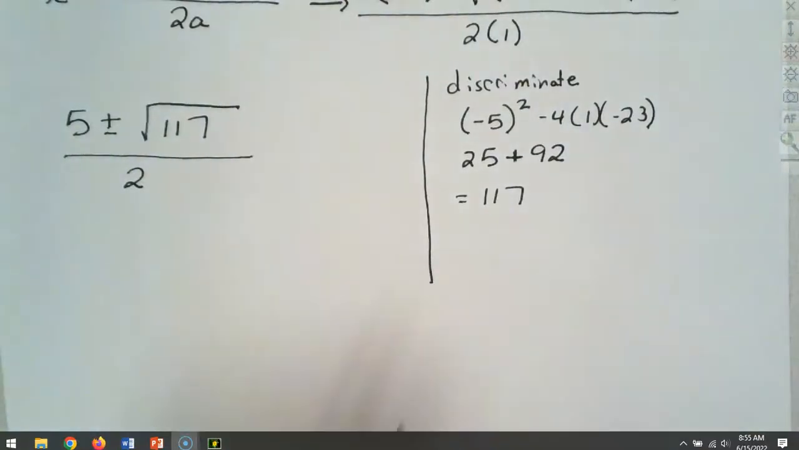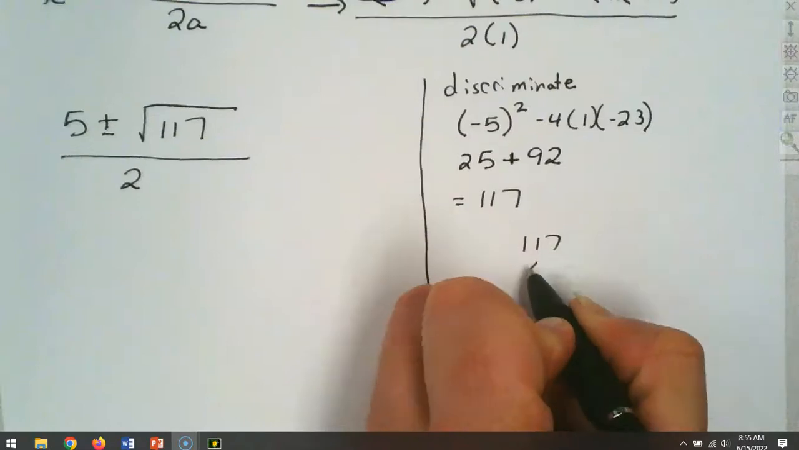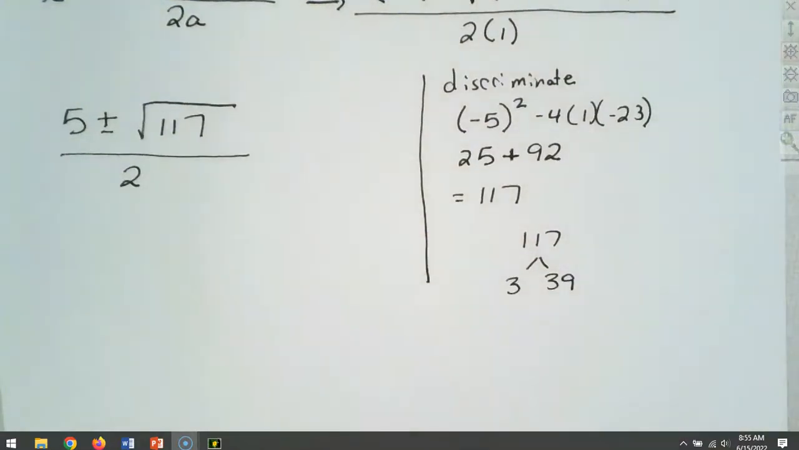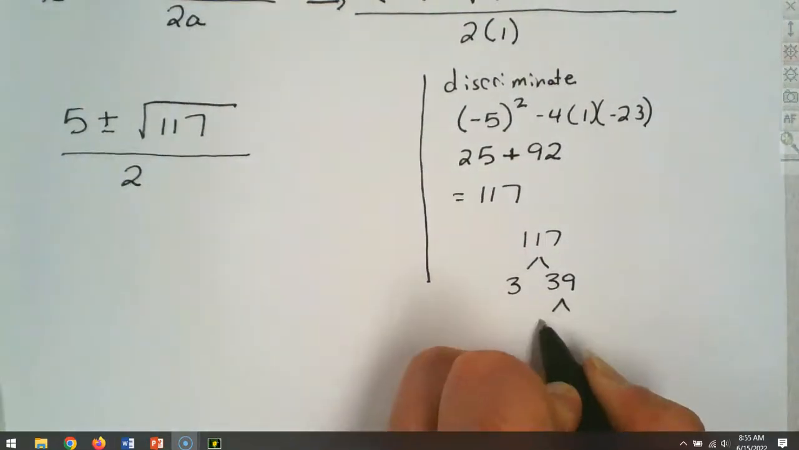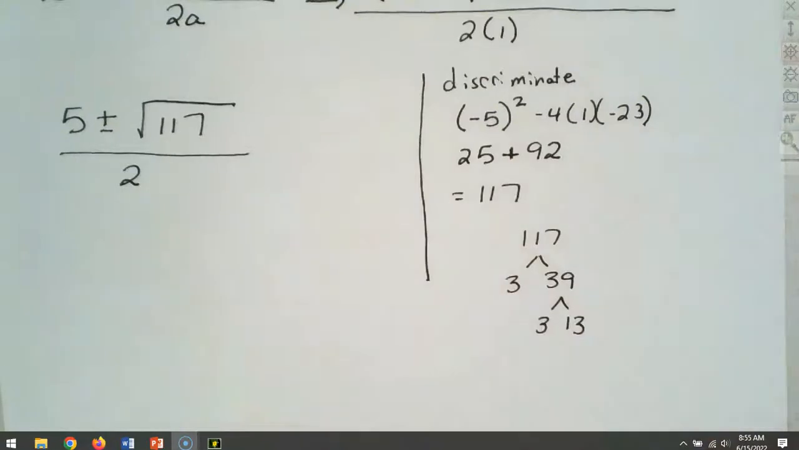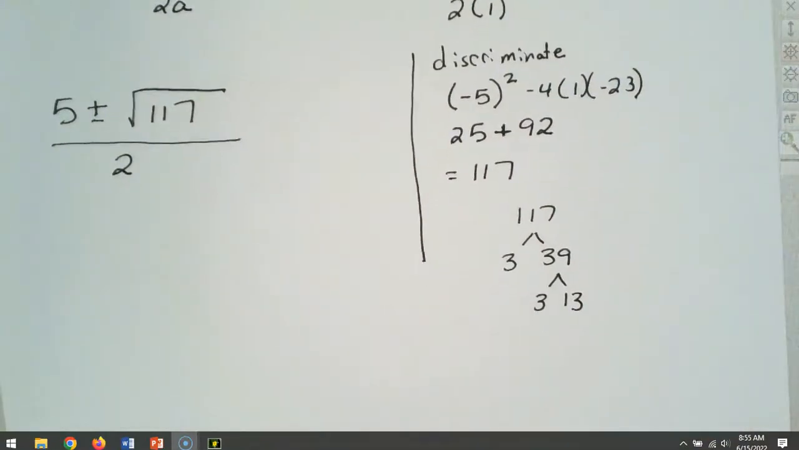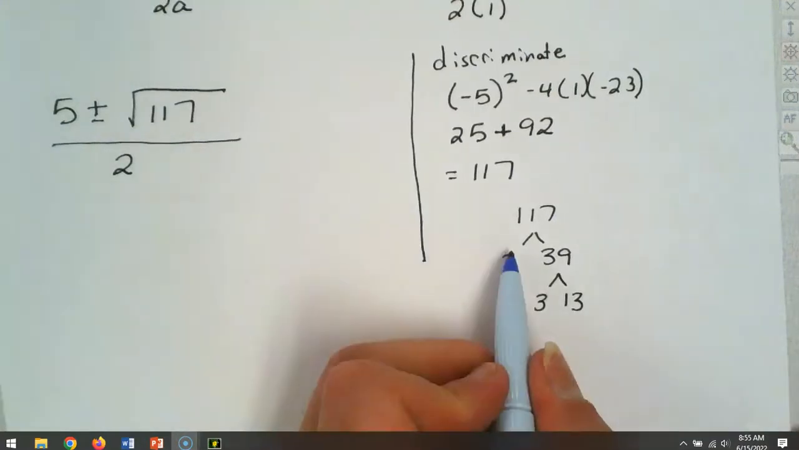3 goes in there. And then we've got a 3 and a 39. Let's see if we can go further. Yep, we can. 3 and 13. And 13 is a prime number. It can't be broken down. But we do have a pair. And we have a pair